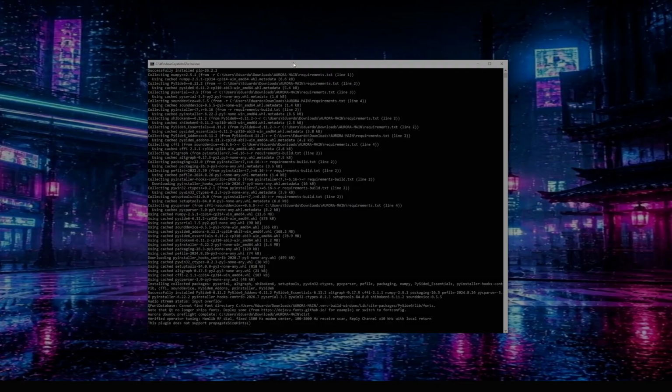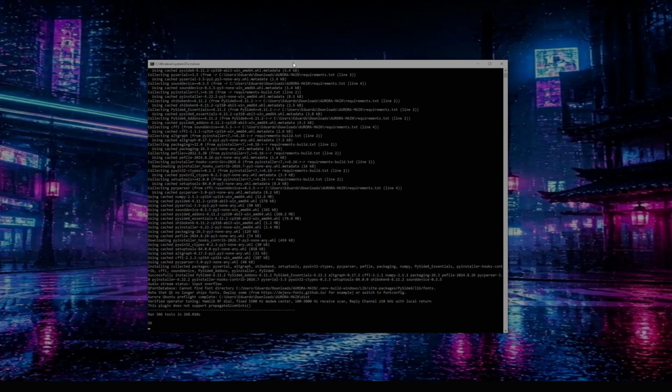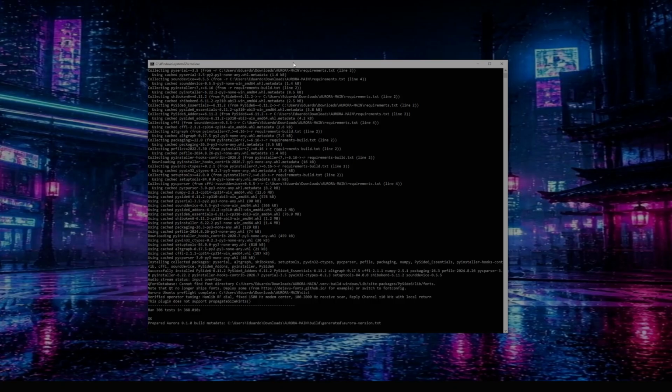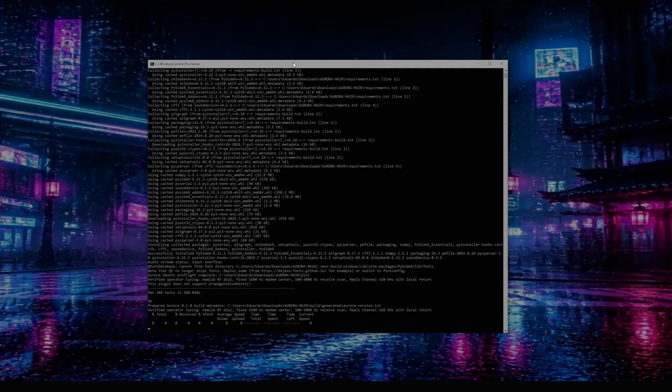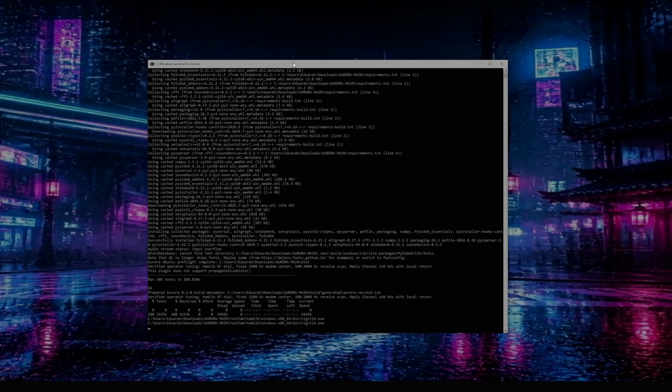FT8 to me is more like a way to look at how the propagation is working right now. It's more of a propagation thing to me than actually fun. I have no fun with FT8 whatsoever. But I respect it if you like FT8. Hey, more power to you. It's not my cup of tea.